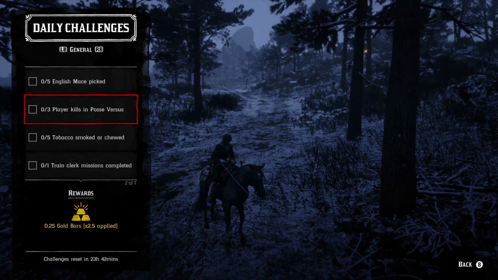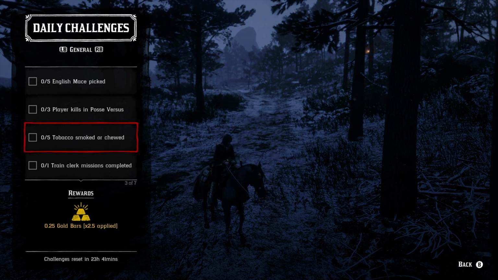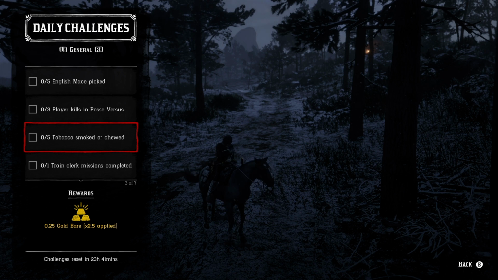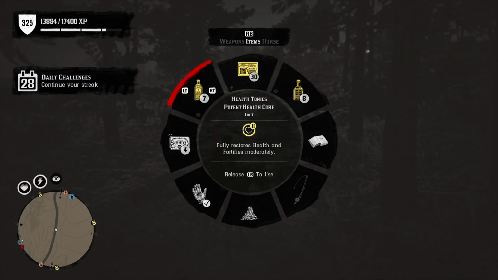Moving on to the next one, we got 3 player kills in posse versus. Just be a part of the posse. It doesn't matter if it's yours or theirs. Go ahead and start a posse versus whoever the leader is, and then start killing each other. And then we got 5 tobacco smoked or chewed. If you guys don't have any, you are going to either have to order some from the catalog, go and find some in the world, or go buy some from any of the general stores. And then once you do that, you just ultimately need to pull up your wheel, go over, and then find your Deadeye, and then go ahead and...